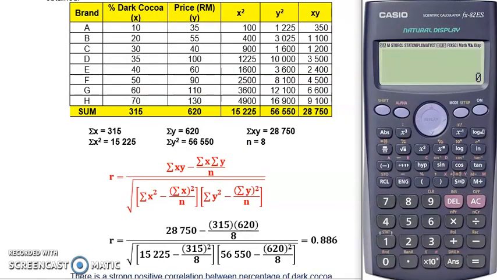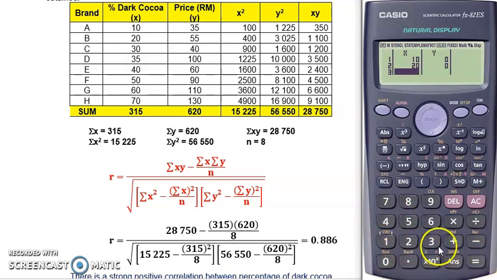Now let's look at how to key in data. Clear previous data as usual. Press mode, choose function stat. Look for function number 2, A plus BX, which is regression. You have 2 columns here, X for the independent and Y for the dependent variable. So for X, first 10, key in data, press equal,